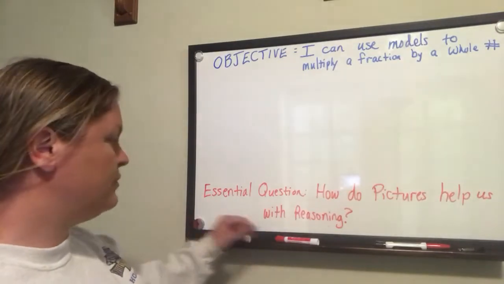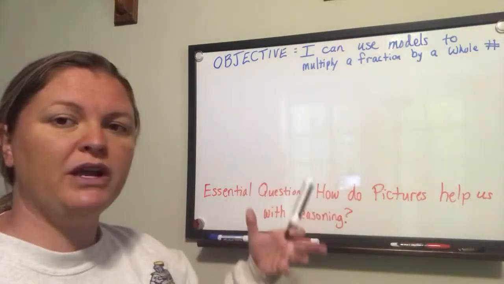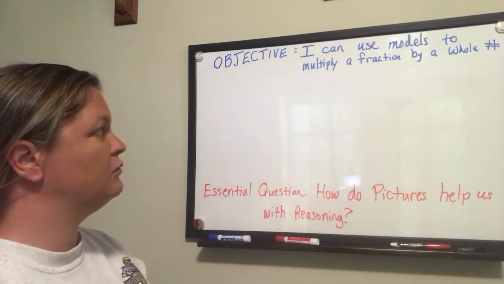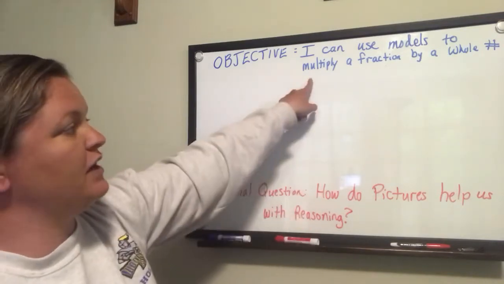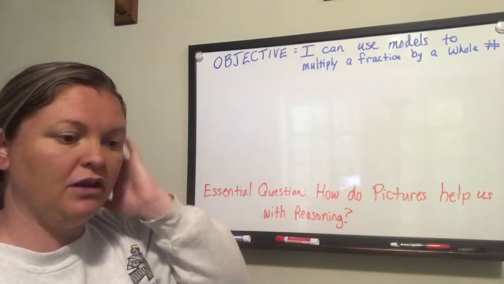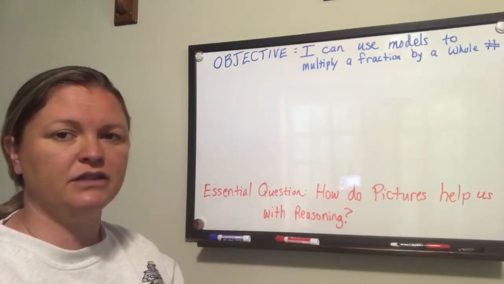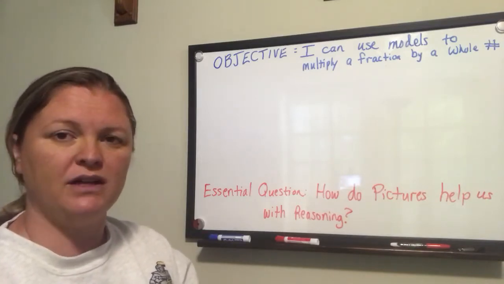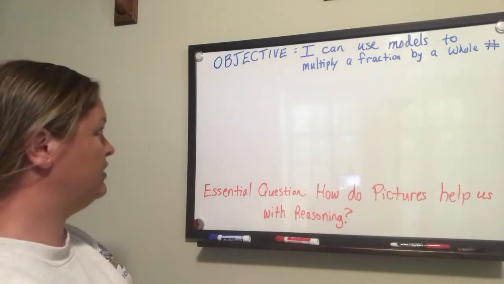So the first thing I'm going to do is break apart some vocabulary here, okay? I can use models, which means pictures, to multiply a fraction by a whole number. When I see the word multiply, it reminds me of simpler concepts that I've already done, like 2 times 3. And what does it mean when we memorize 2 times 3 is 6? Well, if I write it down,